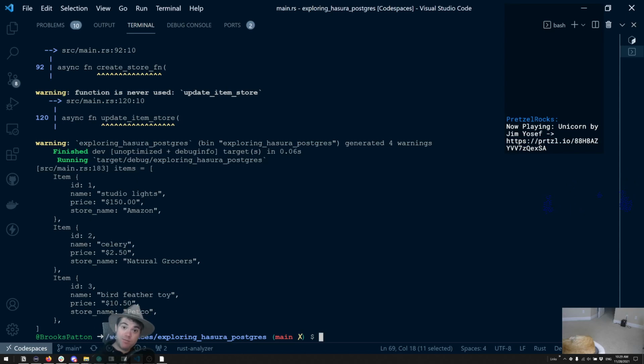We didn't have the right permissions set up inside of Hasura, so we weren't allowed to get it. So we did get something back. It was just empty because we were saying, I want all the items, but look at this. I need the store name as part of this to grab out of it. So when I was trying to unwrap from the store name, that was giving me none because I wasn't allowed to see it. So there we go. We're able to log in, get some data out of that, and we'll get the token,